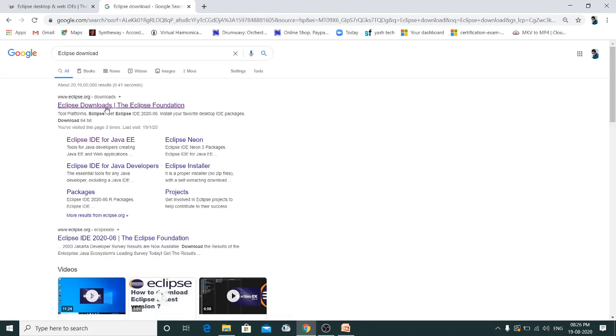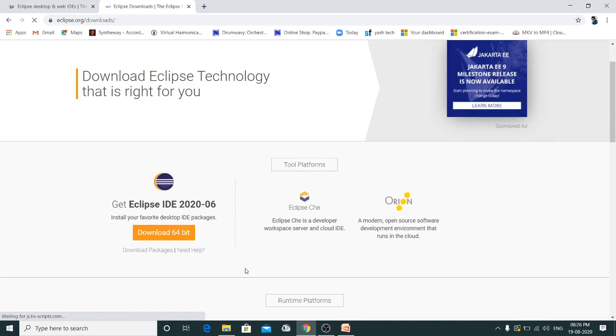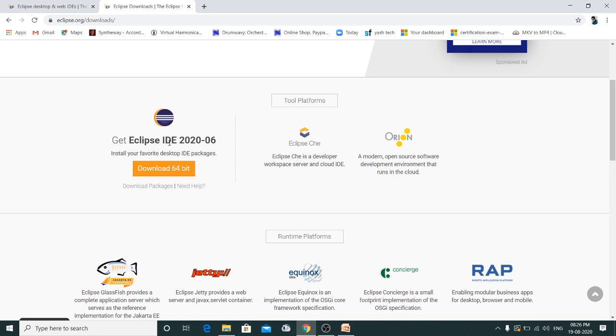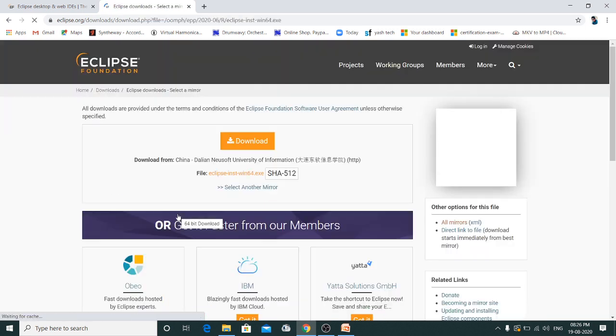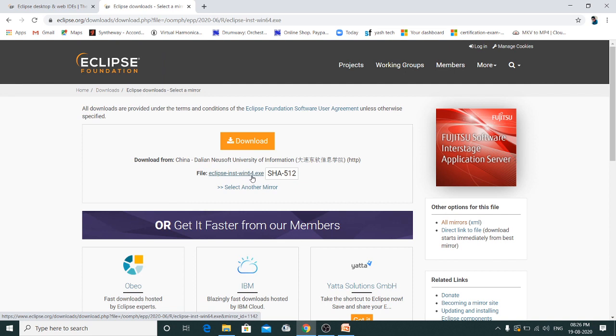Once you get the results, click on the first thing. You'll be seeing Get Eclipse IDE 2020, and if you click on download 64-bit, you will be seeing an exe file here. Personally I don't prefer an exe file, because if you install it, it will be installed in your C program files or somewhere, and you cannot carry your settings and configuration files to another system.